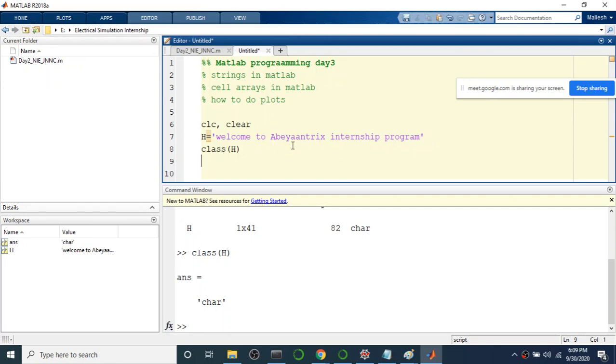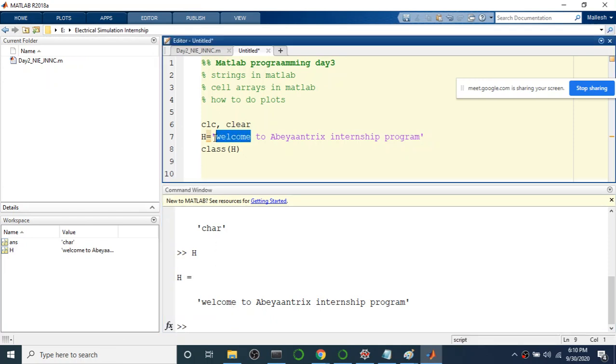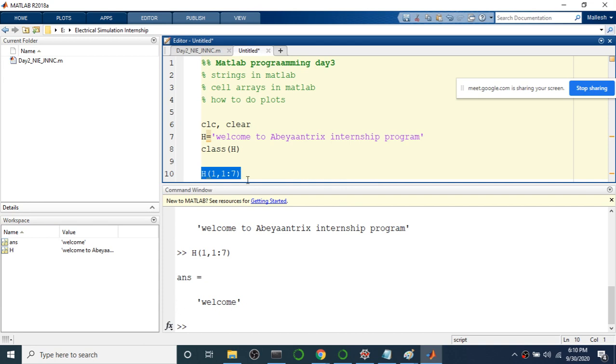If you want to access the content, you can directly type h, and it gives the complete matrix content. For example, I want to access only the word welcome from this whole string, so I need to specify the characters 1 to 7. Either you can use subscript indexing like h(1, 1:7), and that gives welcome. This is using subscript.